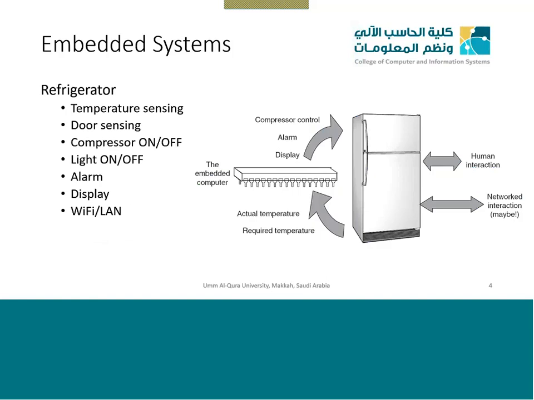We'll discuss some more examples of a basic embedded system. An embedded system is there in your refrigerator. It will detect the temperature against whatever you set. If the temperature is high, it will turn on the refrigerator compressor. If the temperature is low, it will turn off the compressor. Also, there is a door sensor. If someone opens the door, it will turn on the light. If you close the door, it will turn off the light.